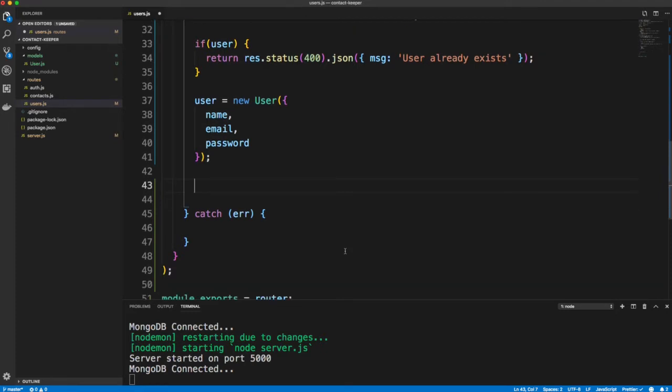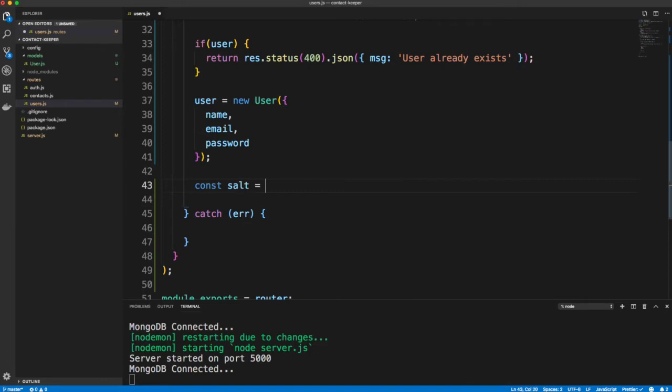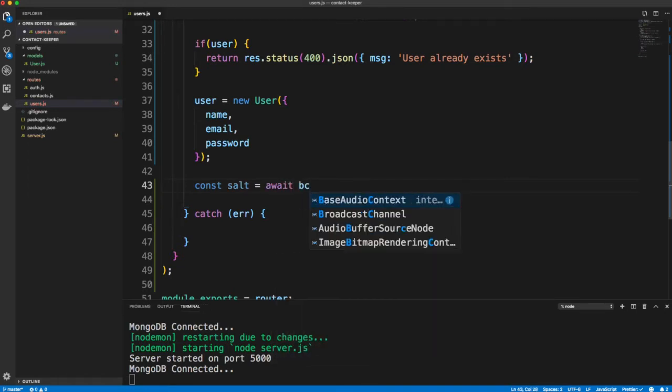So before we save it to the database, we need to encrypt it. Okay, we need to encrypt the password or hash the password with bcrypt. So I'm going to create a variable called salt, because we need something called a salt in order to actually encrypt the password. Now bcrypt has a method called genSalt, which will generate a salt, and it returns a promise. So instead of doing genSalt.then and all that stuff, I'm simply going to do await and then bcrypt